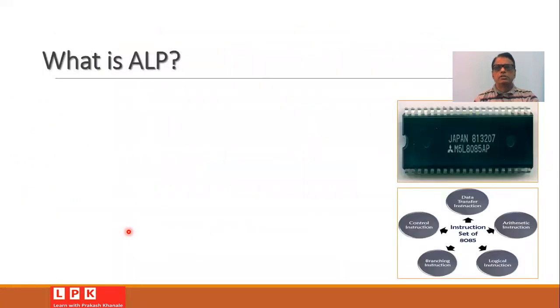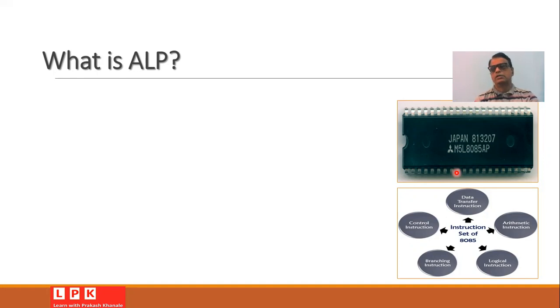So let us start the session with the question, what do we mean by assembly language program. We know that 8085 is a microprocessor, and if you want to get some function done by this microprocessor, then it is necessary to write a program which can be executed by the microprocessor. Such a program should consist of assembly language instructions, and therefore this program is called an assembly language program.